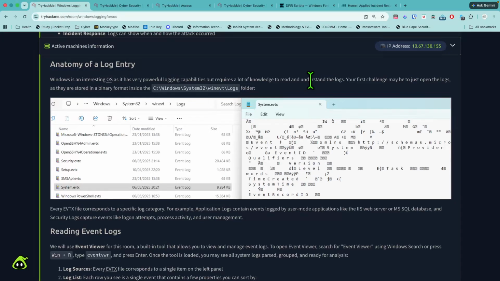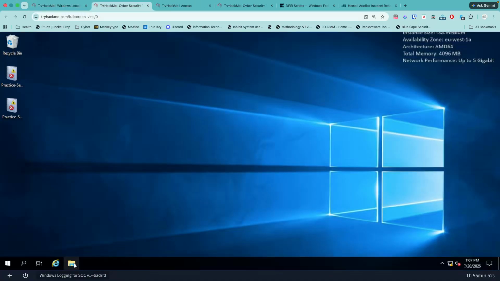There we go. All right. Now pertaining to a log entry associated with Windows. Windows is an interesting OS as it has very powerful logging capabilities, but requires a lot of knowledge to read and understand the logs. Your first challenge may be to just open the logs, as they are stored in a binary format inside the C:\Windows\System32\winevt\Logs folder. So to see that binary format, we can click on File Explorer,